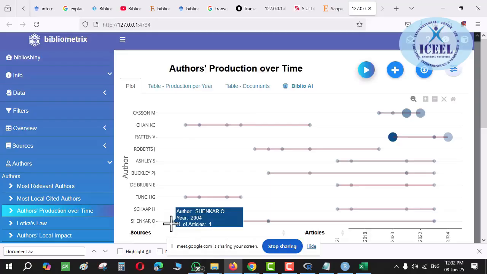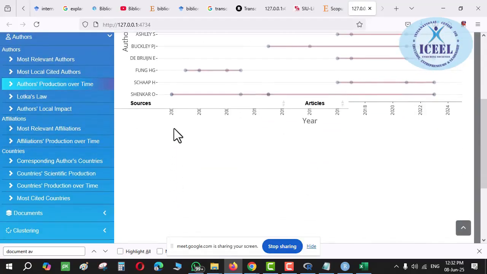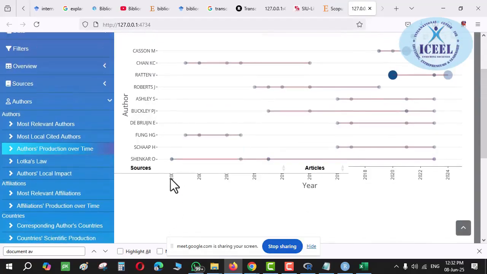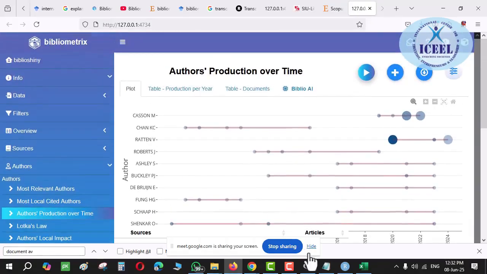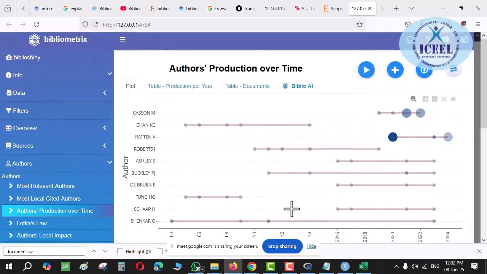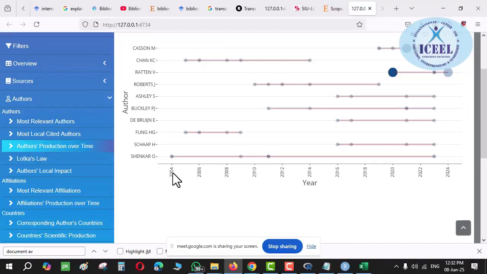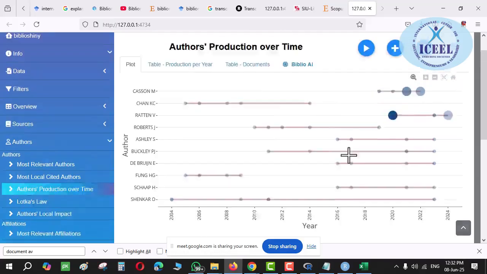शेनकर ओ कौन से साल से चालू किया है देखो आप यहाँ 2000 राइट. ये थोड़ा कट हो जा रहा है, एक मिनट, ये क्यों ऐसा आ रहा है? No, it's okay. 2004 he has started. Shankar has started from 2004 and consistently till 2023 he has been writing, but intermittently, not continuously. Then he has written into maybe 2009 and then he has written into 2011 and then into, but he's prolonged consistently. After few years he has been writing, right?